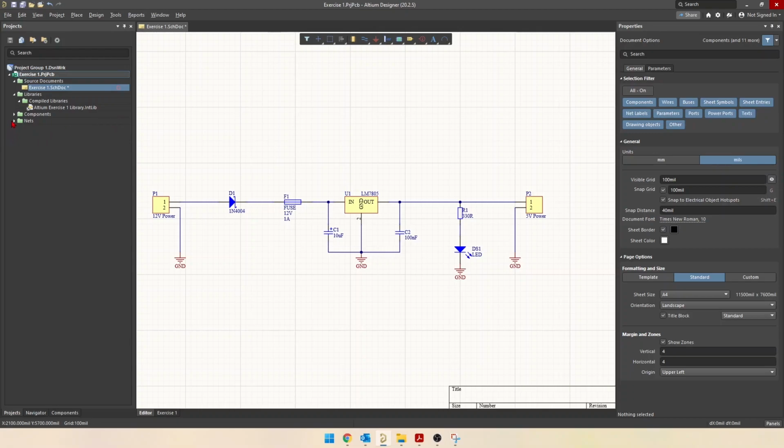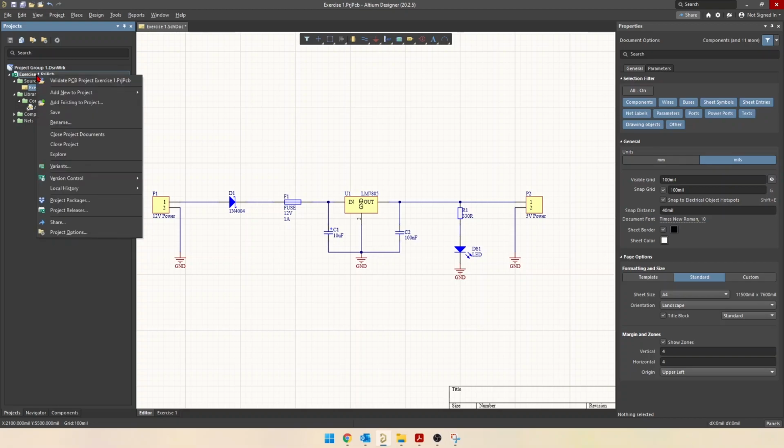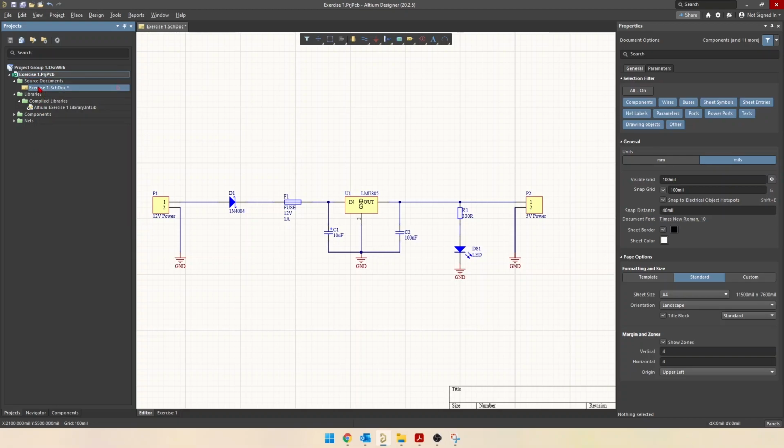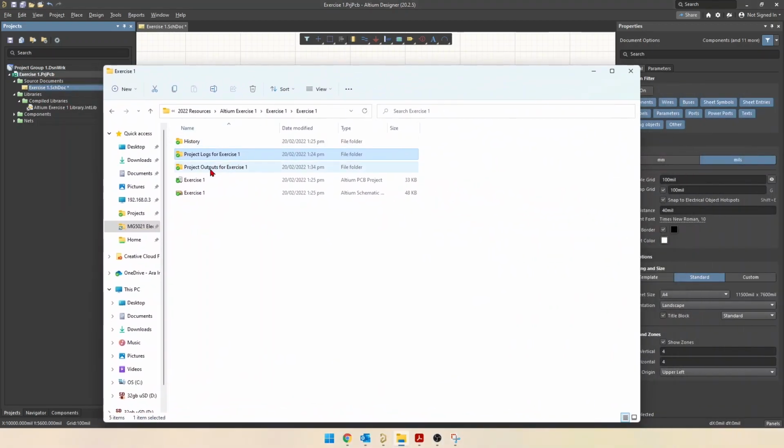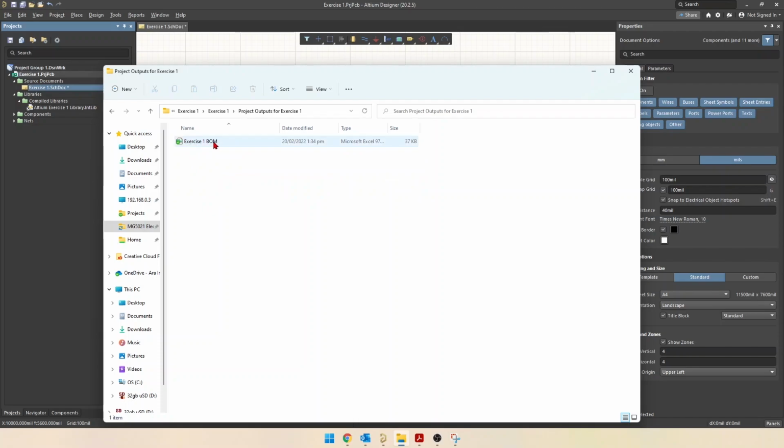And now we can see, that's right, we did not choose to add it to our project. So another little shortcut to access these files is you can just right click on either your project file or one of your internal files inside here and go explore, and it will bring up Windows File Explorer to take you straight to the location of where those files are stored. And I saved it in the project outputs folder here, and here is our Excel bill of materials file. So I can load that up,